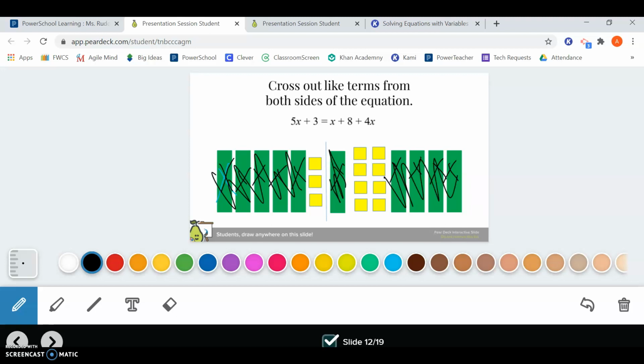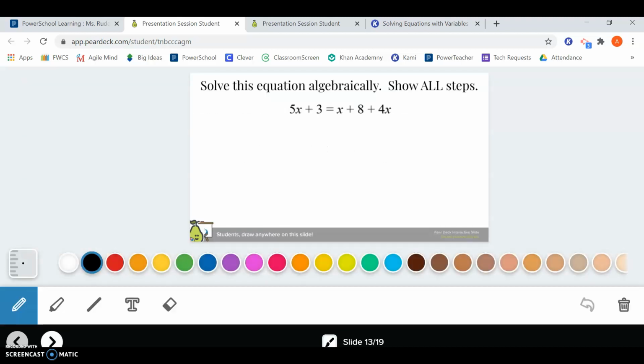Alright, so now let's do the yellow squares. Huh. That's weird. So I'm left with nothing over here, and I have 5 over here. Huh. I wonder what that means. So let's go to the next one. We'll talk about that more. So let's think about that